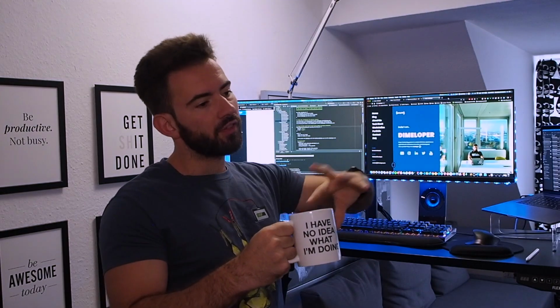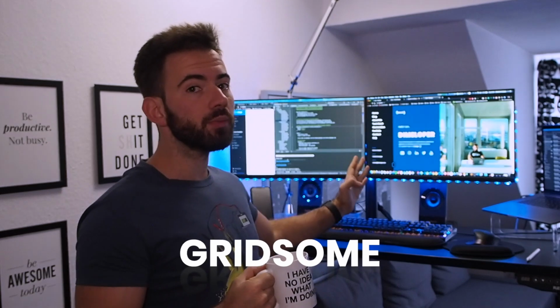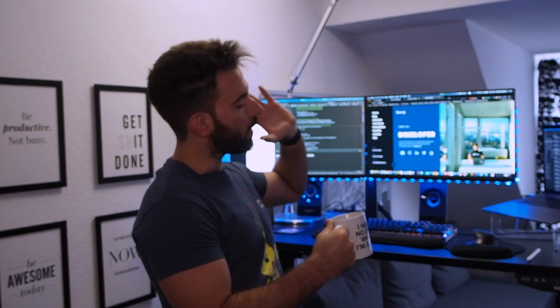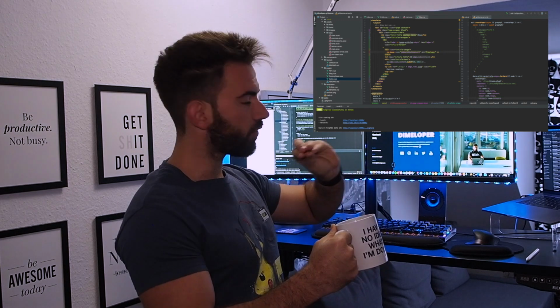As soon as I have the HTML plus SCSS template ready, I choose the frontend framework that I want to use, and for this specific one I chose Gridsome. Gridsome is a JAMstack implementation of VueJS. Under the hood you have some server-side rendering and some client-side rendering with VueJS. Yeah, so I put together the template in the Gridsome implementation, and as soon as I have the frontend up